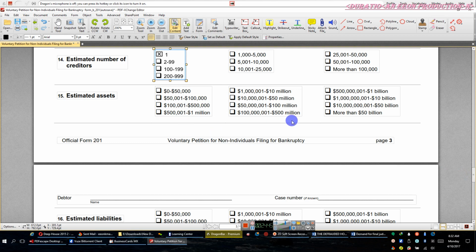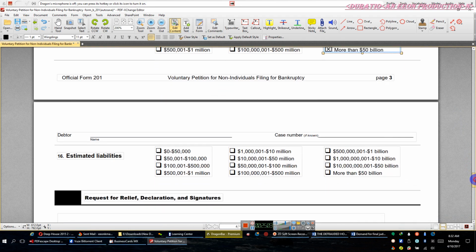Estimated assets. I don't know if the estate has assets. The estate itself, I'm going to say, is worth in the billions. So let's do that. It's my estate.